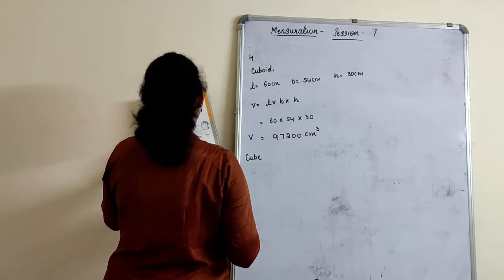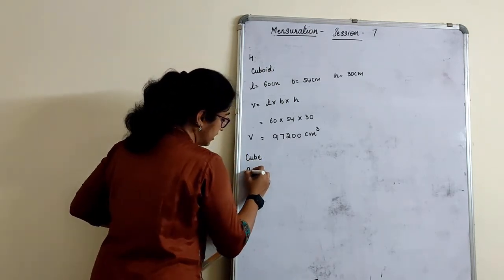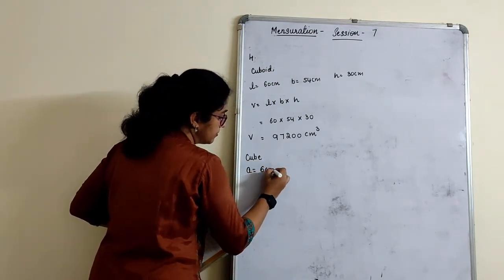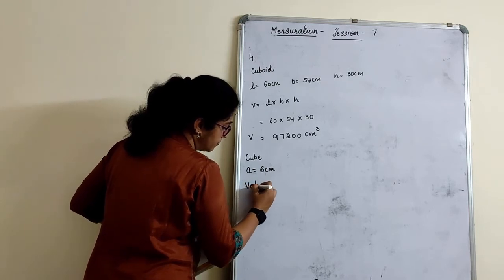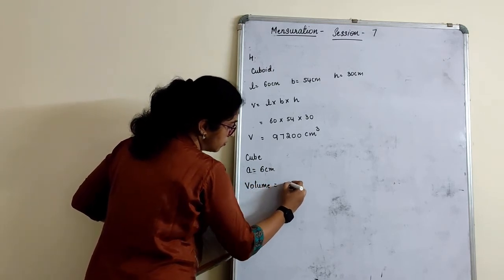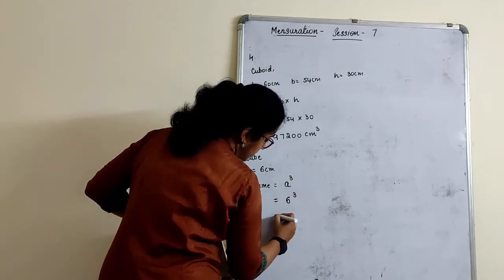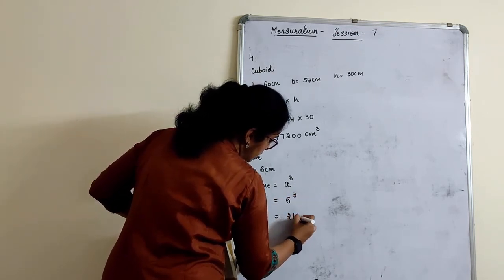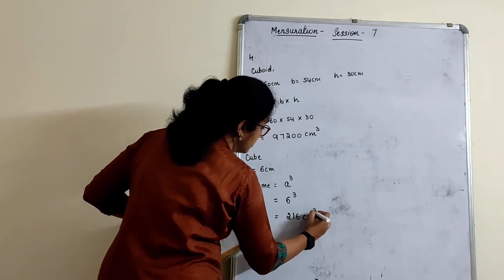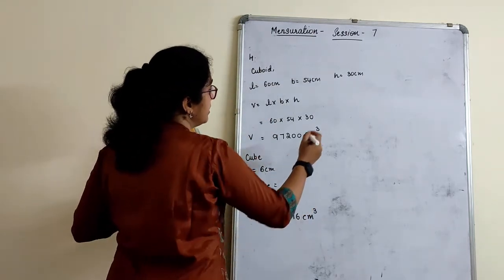How many small cubes of side 6 centimeter? A is equal to 6 centimeter. Volume is equal to A cube, that is equal to 6 cube. 6 cube is 216 centimeter cube. Right? Now,